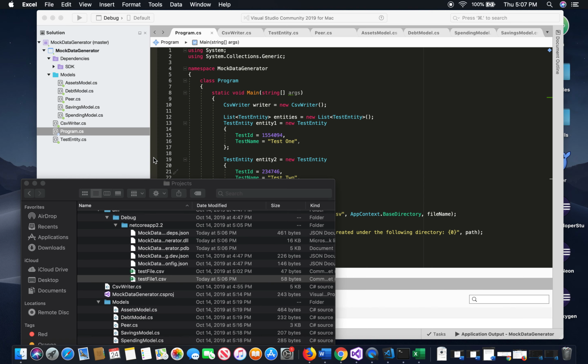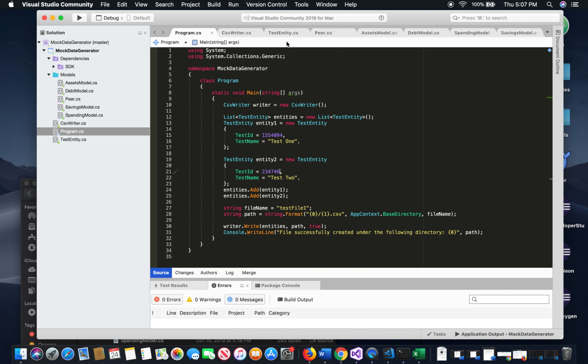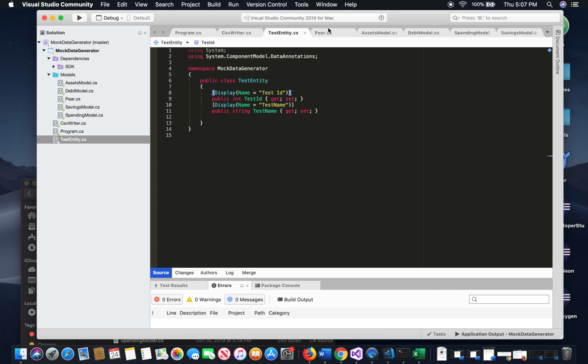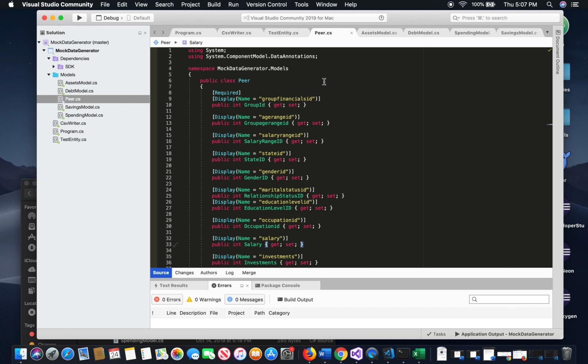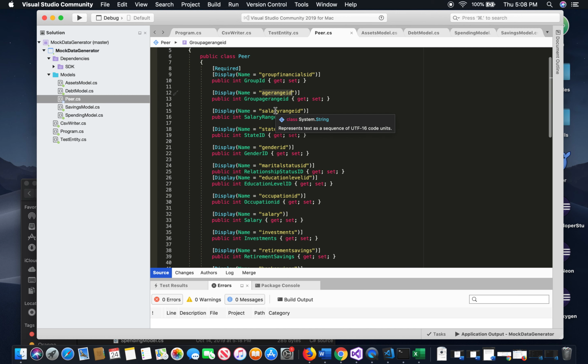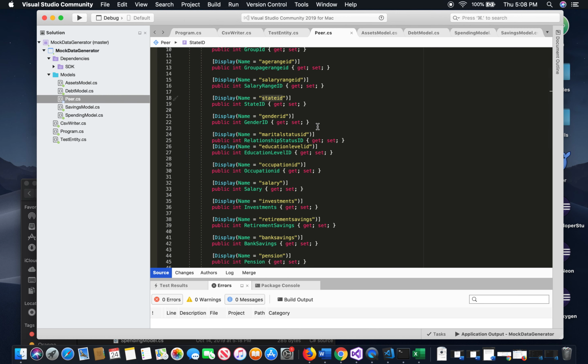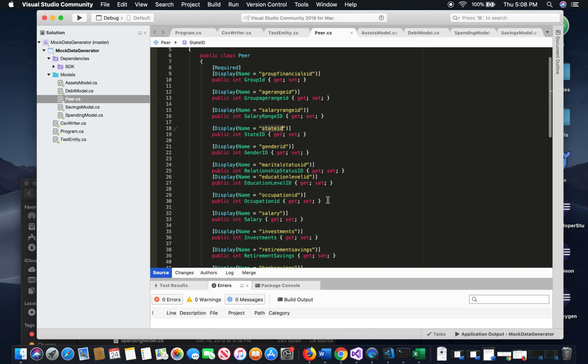So what I did for this project is, instead of using these test entities, I have what we're calling a peer. And these peers are categorized by age range, salary range, state ID, gender ID, marital status, education level ID, and occupation. Those 7 different attributes: what I have to do for this project is to create a population that has data for each